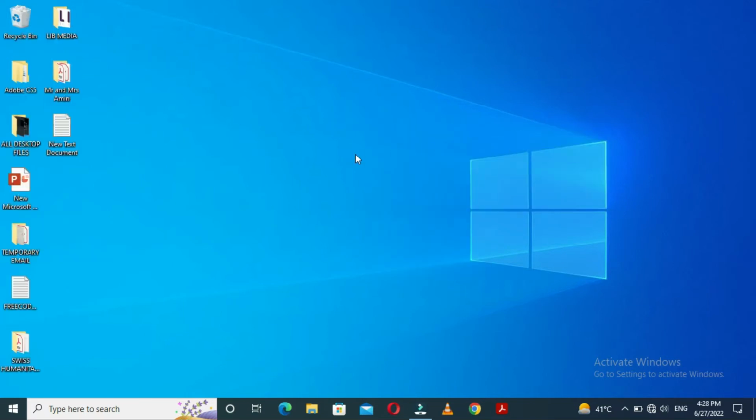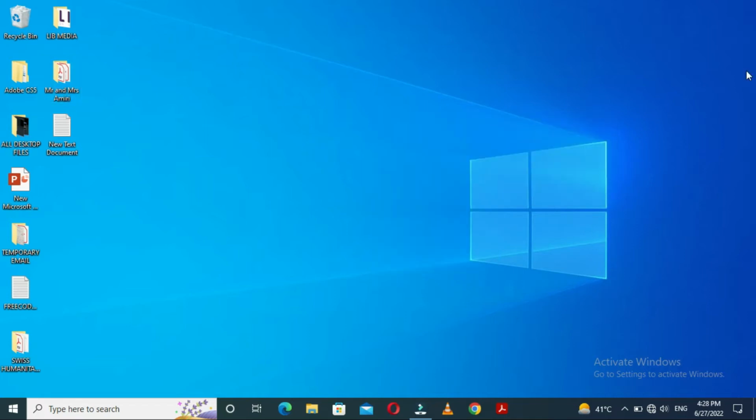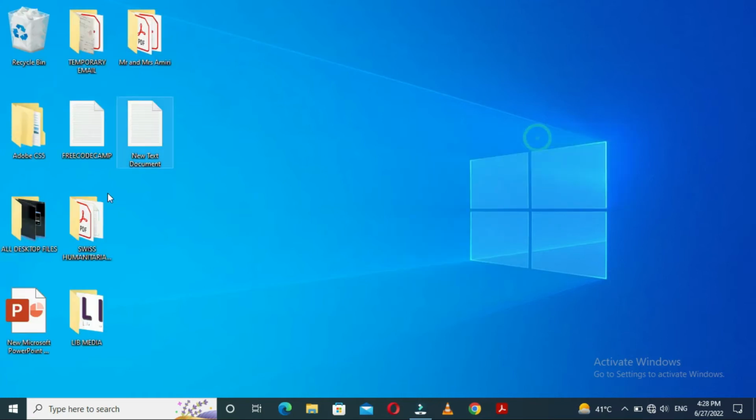If we have too many folders, too many files, then we put them on small icons so we can fit all the folders and files here. But if we have one or two, we can put them on large icons too,